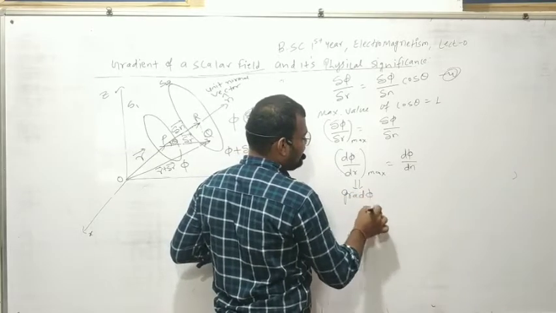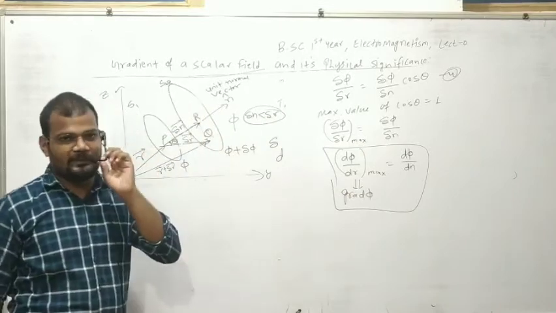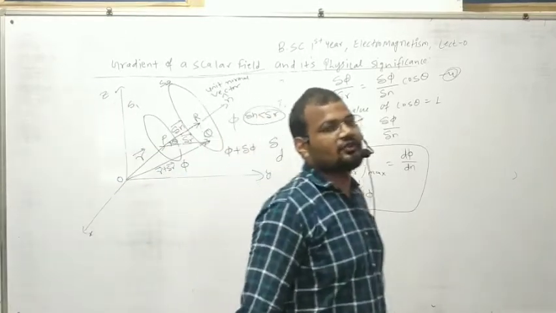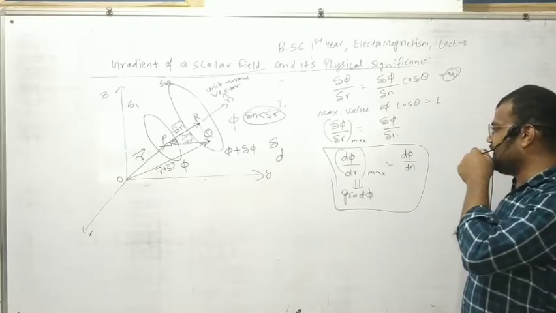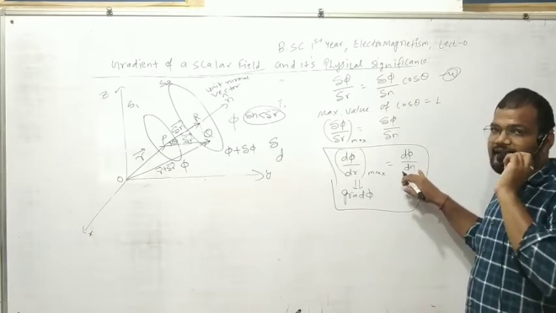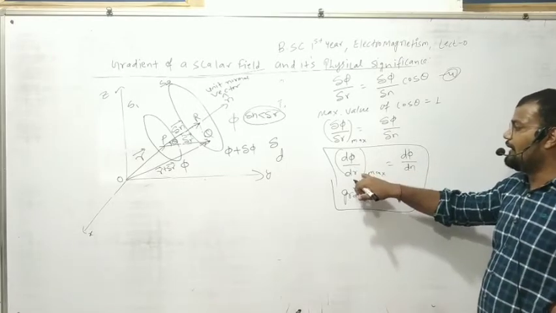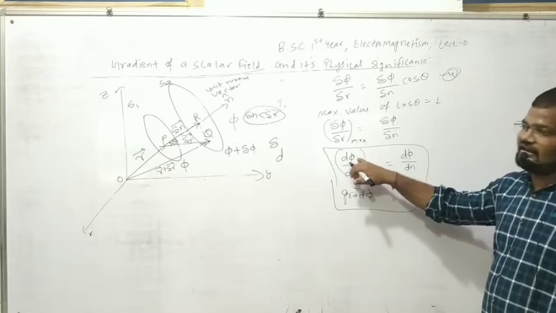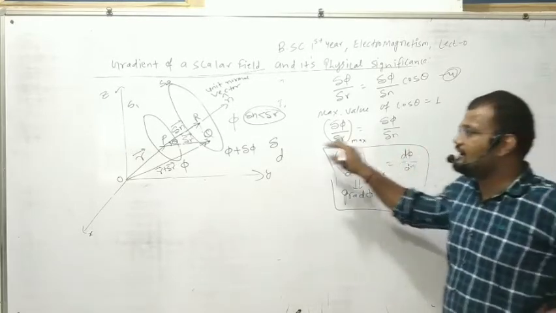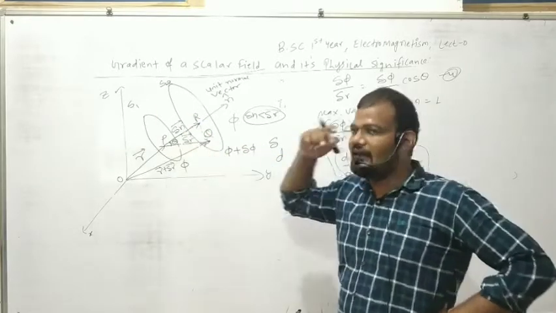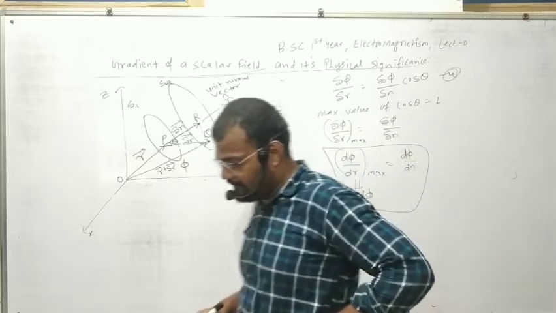This is your gradient phi, the maximum rate of change in a scalar function in the perpendicular direction of a surface is called the gradient of a scalar function. So see, d phi over dn is in the perpendicular direction, and d phi over dr maximum is the maximum rate of change in the scalar function in the perpendicular direction of the surface. dn is the perpendicular direction of S1. So the definition of the gradient phi will be